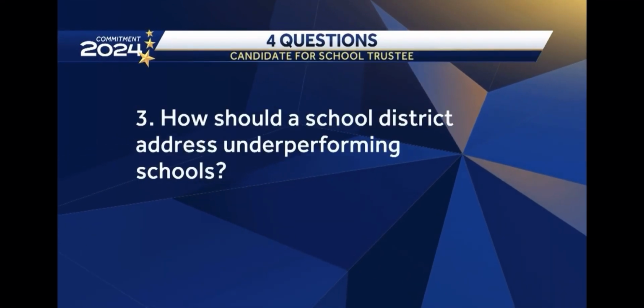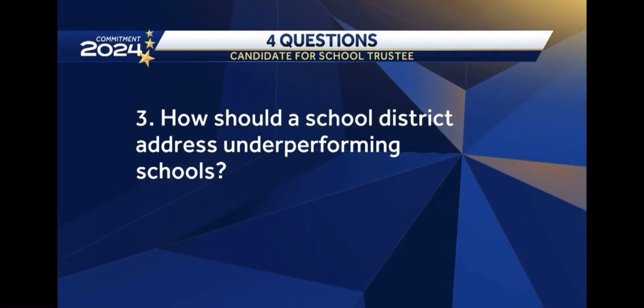How should a school district address underperforming schools? We're doing a good job of that, and I think the test results of our highest poverty elementary school students show that. But you have to start with the basics. You have to provide food, safety, you have to love on those kids. As far as the building is concerned, you need to look and see what's the leadership, what's the culture of that particular school, what resources do they need, what's the student to teacher ratio, and what do we need to do to provide one-on-one help for those that are struggling.